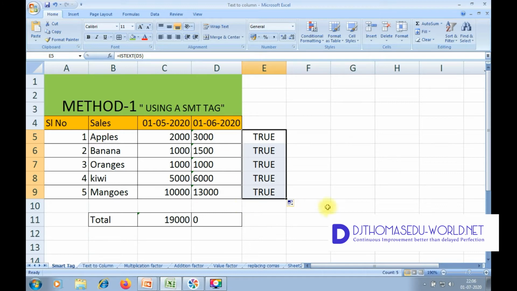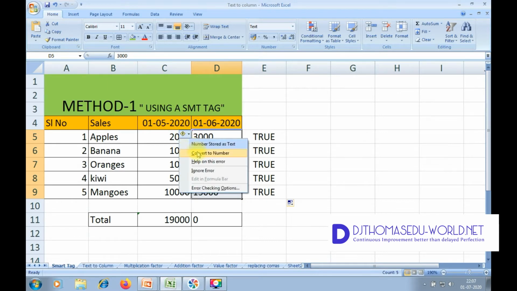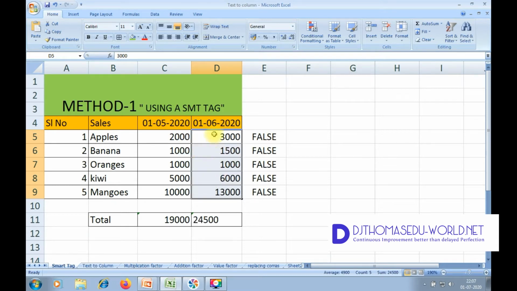Now I will use the smart tag option to convert it. Here just drag and select all the values which you need to convert. You can see an icon which pops up. This is called a smart tag. Click on this and we get a window popped up; choose convert to number. What happens?